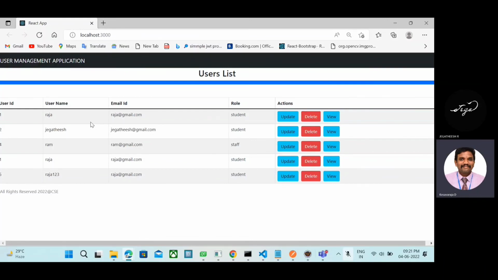Now here we are adding three buttons. One is the update button, the second is the delete button, and the third is the view button. On clicking these buttons, it will move to that particular API web link. One for add, another one for